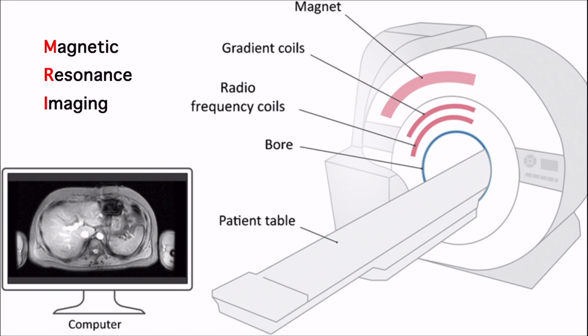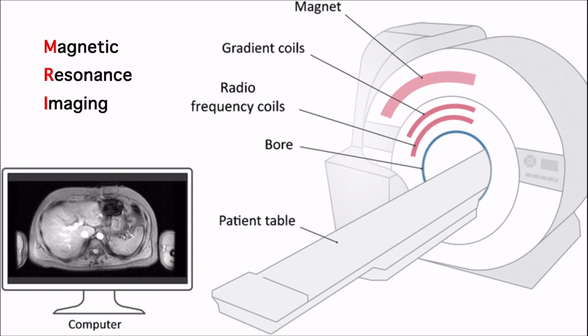As you can see here on the right, we have this big device that includes a magnet, and this magnet will be turned on. Eventually, by means of the magnet and the radio frequency pulse, which is generated by the radio frequency coils, an RF pulse will be generated, which leads to the protons starting to resonate, which is what's called magnetic resonance. This eventually will lead to an electric signal that's returned back to the machine,